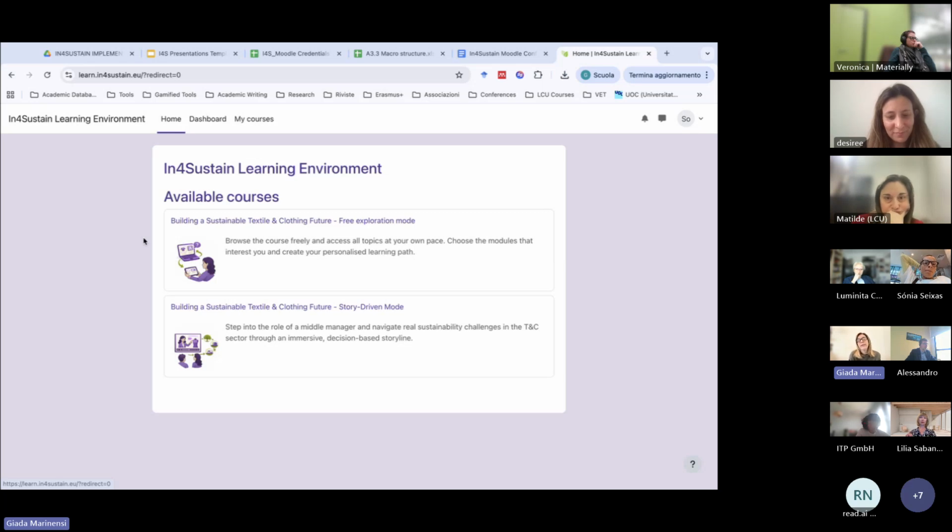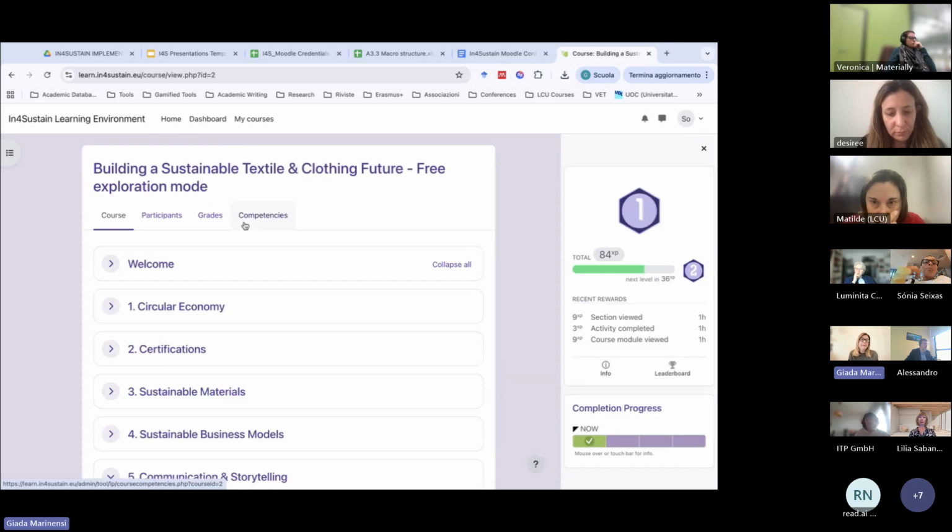And so this is very useful if the course is used in a classroom environment with a group of students that can tackle the challenges together, also working in groups in order to find the most suitable solution for the different challenges that are provided. But let's start going into the free exploration mode of the course.